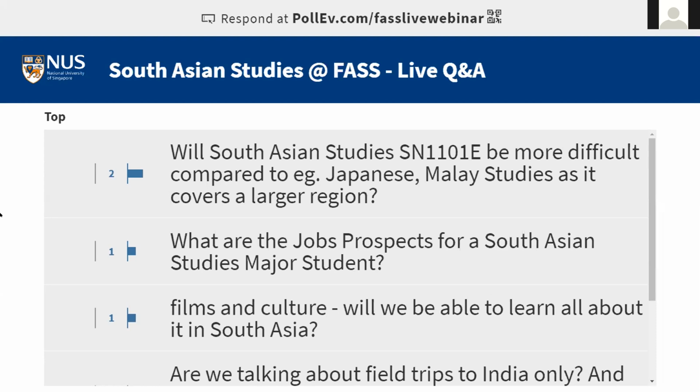also some of the MNCs, which of course, as you know, India is growing. There are a lot of MNCs and they're always on the lookout for people who can be part of their management. So if you have a major in South Asian studies, you are very well placed to avail of these opportunities. And Singapore is also taking note of that. So there are going to be many opportunities in the near future. And we know this because a lot of our graduates have been able to find jobs in these various fields.